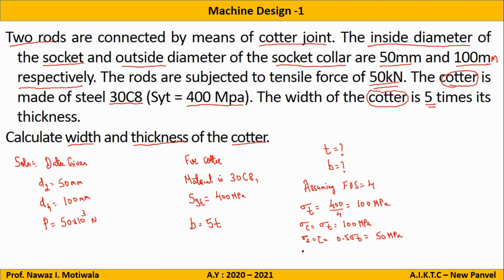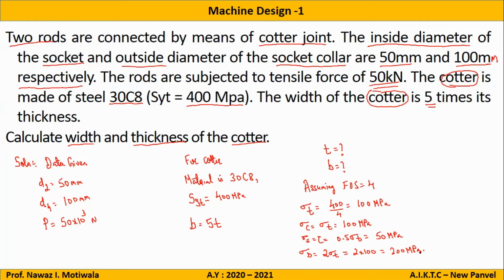And the last one we find out as bending, sigma B, which is given to us by the empirical relation 1.1 to 2 times sigma T. So let us say for uniformity I am taking 2 into sigma T. So it will be 2 into 100, which is equal to 200 MPa. Okay. Any doubt to anyone till this part? No, sir. No doubt. Okay, let us proceed further.